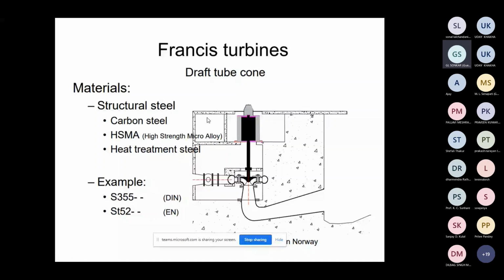So always I'm telling, for Francis turbines, if your load variation is less in a particular area, and if you find that Francis and Kaplan are both suitable for a particular project, you choose Francis. It is better for maintenance aspects, and vibrations are also very low in Francis compared to your Kaplan and Propeller.